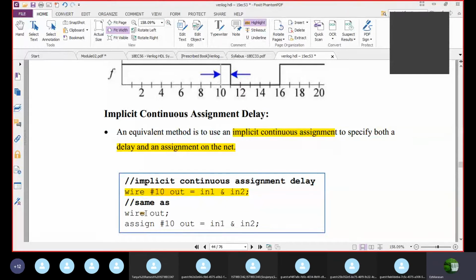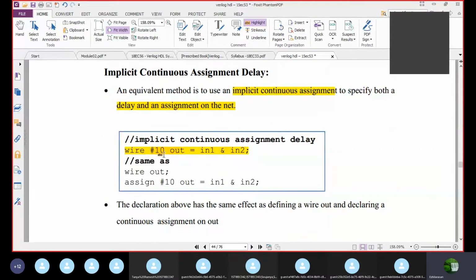That is: wire out; assign #10 out = in1 & in2. This statement is the same as this one too. Both will give you the same output. The declaration above has the same effect as defining a wire out and declaring a continuous assignment on out.